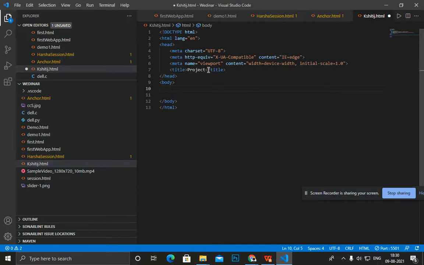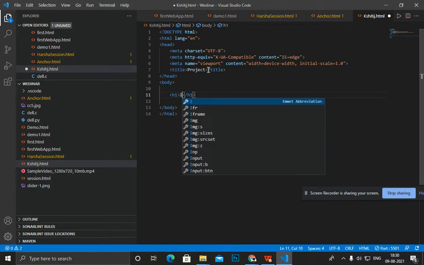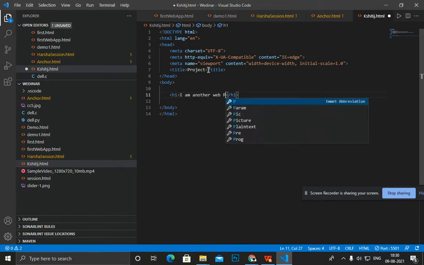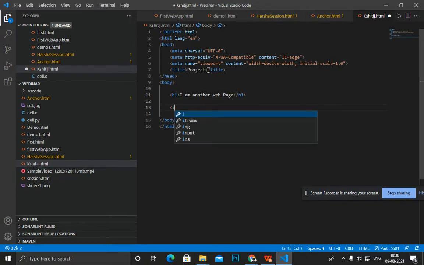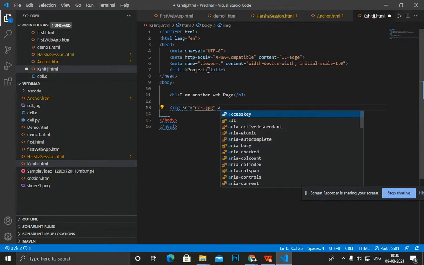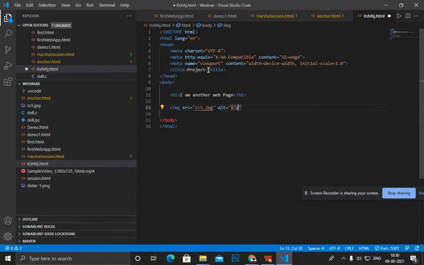In this tag I give h1, I am another web page, and here I write an image tag with src cc5, because it's a small size image compared to slider.png, and alt is I am image.